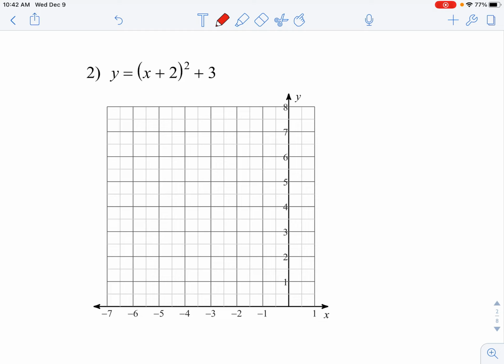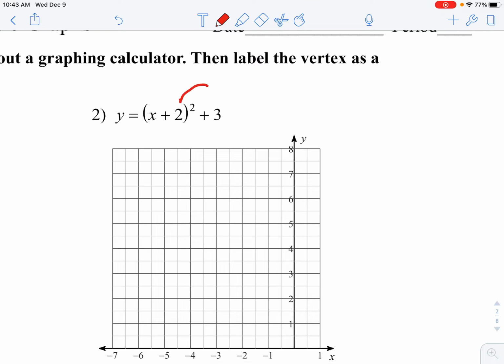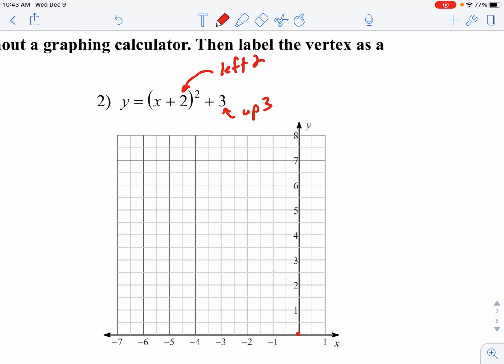Okay, so notice at the heart of this, the parent function, y equals x squared. Got that? Okay, so how do you graph this? Again, the normal parabola has a vertex at the origin, over 1, up 1 in both directions, over 2, up 4, over 2, up 4, and then you get the graph like this. But when you add the 2 and you add the 3, this plus 2 creates a shift to the left. And this plus 3 creates a shift up. So the vertex, which is normally at the origin, now needs to go left 2 and up 3,